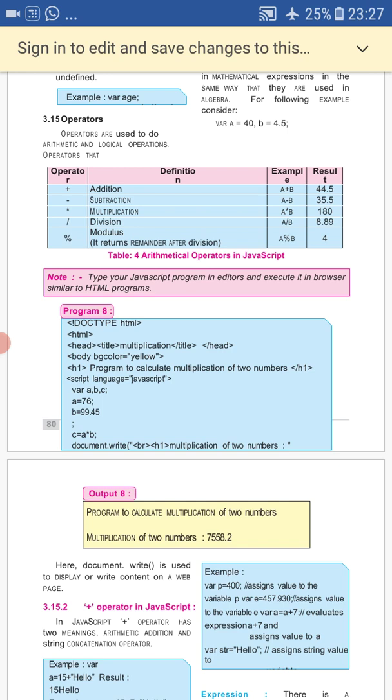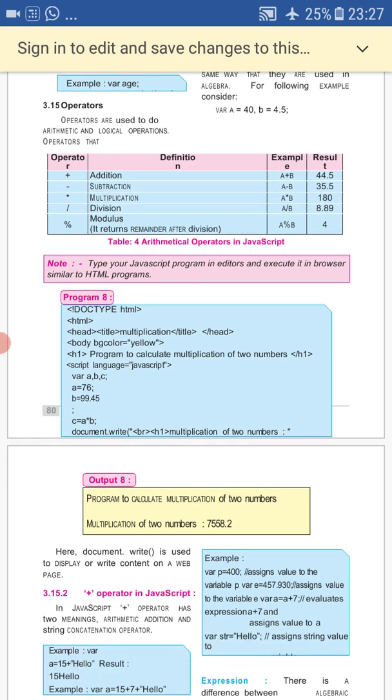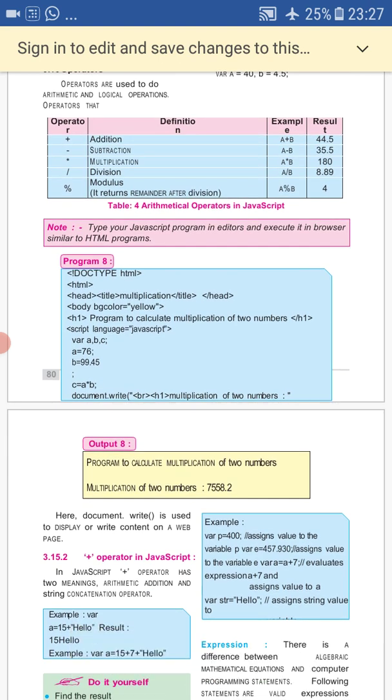There are two variables a and b, and we have initialized the values of a and b, and c is the third variable in which we will store the result, and at the end we are printing the value of c. Look at the output, the multiplication of two numbers, that is 76 into 99.45. The answer is 7558.2, and it is displaying in a yellow color box because we have set the background color as yellow.